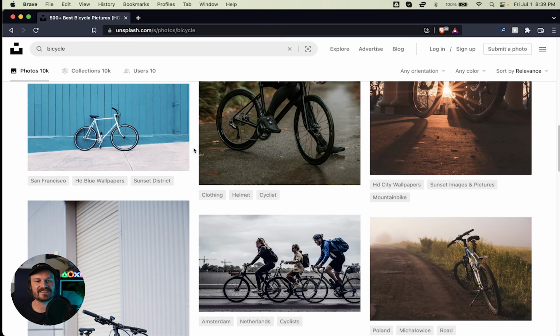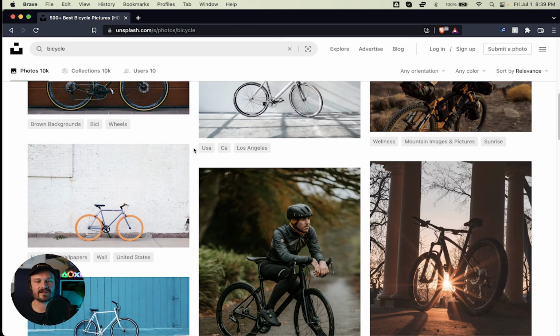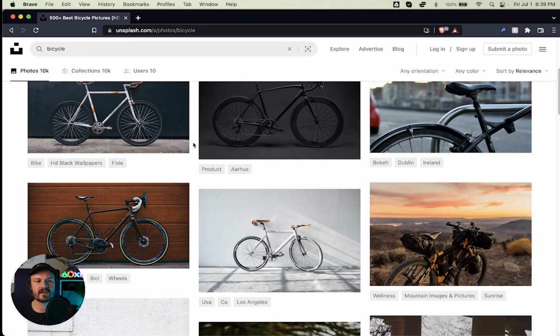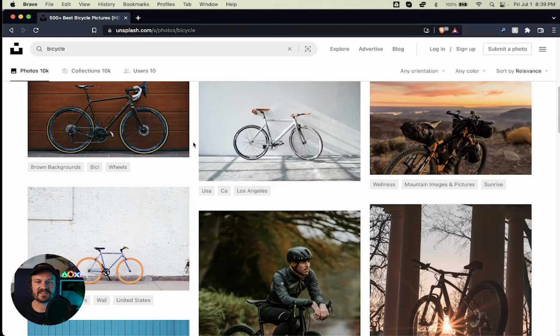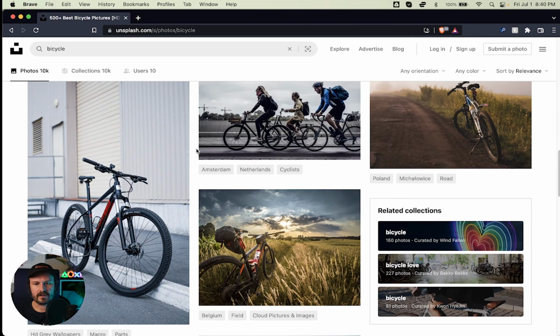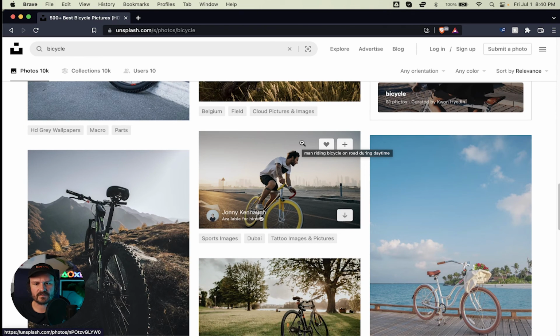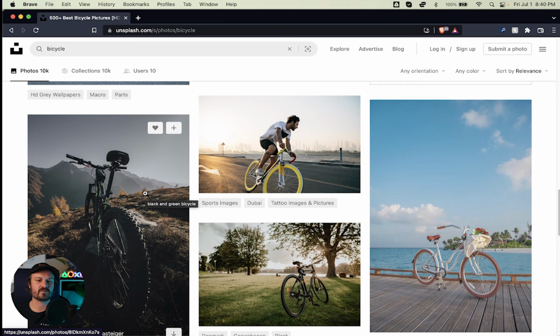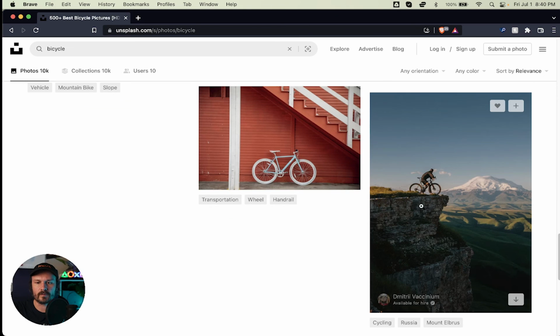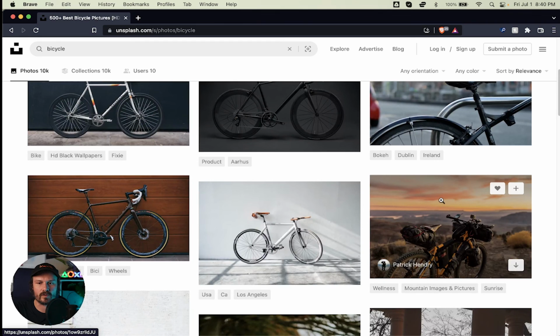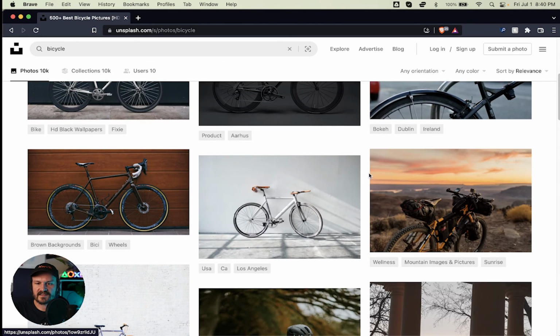It's not easy searching for images like this, because I enjoy cycling. I used to cycle a lot, and I rode a single speed. And so it's tempting for me to stop and just stare at these images because they're so nice. But let's see here. I'm a big fan of an image like this, as well as images like this as well. I would prefer something with a user in it and not just the bicycle by itself. However, something like this is close to what I'm looking for, and also there's a mountain in the background, which is very cool. And this is the image that I actually used for the thumbnail itself for the design system,